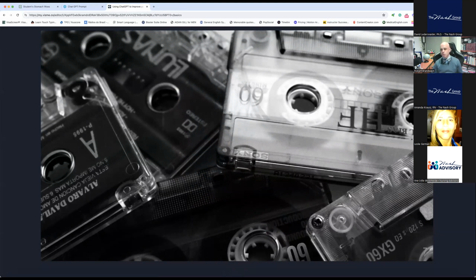Some years ago, the cassette was the thing. Hace muchos años, el cassette, which probably a lot of you don't know, pero maybe some of us do, era lo más importante. So when the cassette was introduced into ELS, English Language Services, or English Language Practice, para la práctica de estudiar inglés, people were thinking this is a game changer. Esto es un cambio radical, because with the cassette you can listen to complete conversations, porque con el cassette ustedes pueden escuchar conversaciones completas. And yes, it helped.